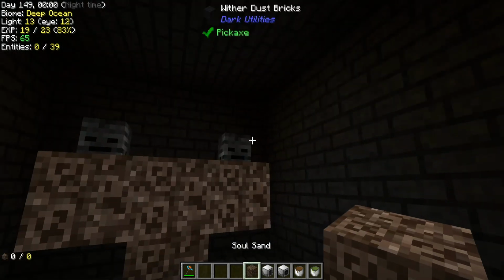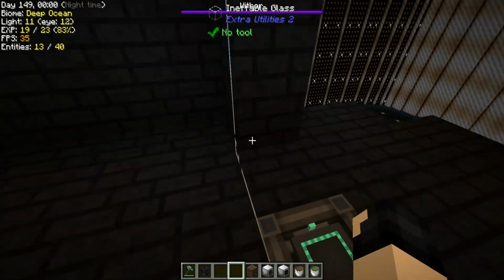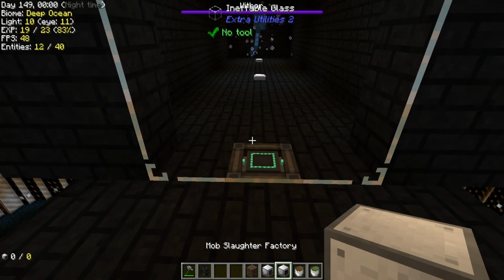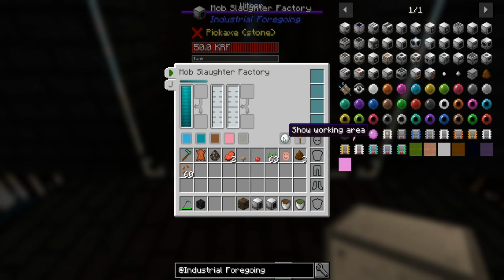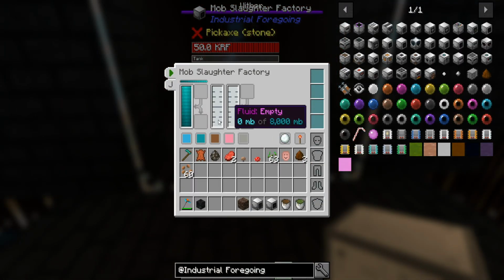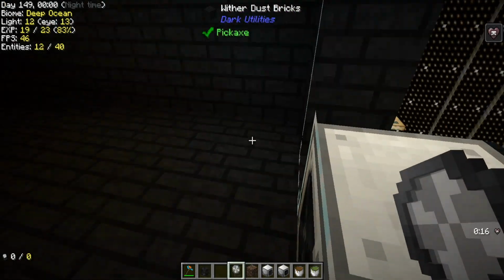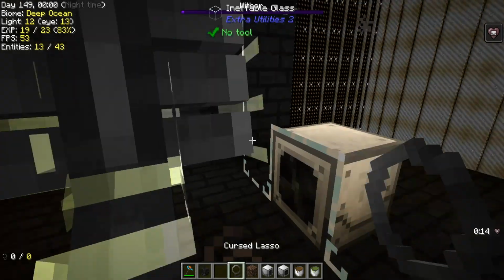We'll kill 2 withers very quickly here. So yeah, let's get the first wither. Put the mob slaughter factory. This is actually the weaker machine because it can 3-shot it only. Yep. Ooh, jeez. That took a bit. Excuse me for that. But